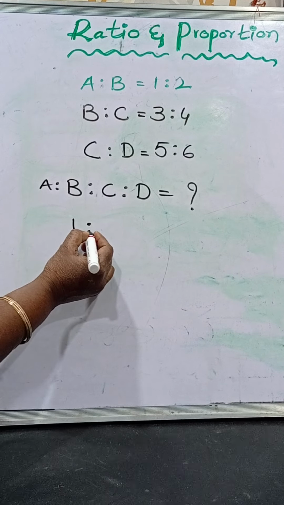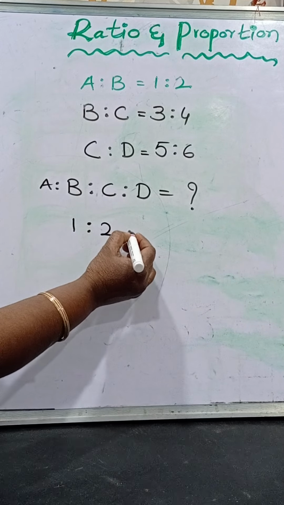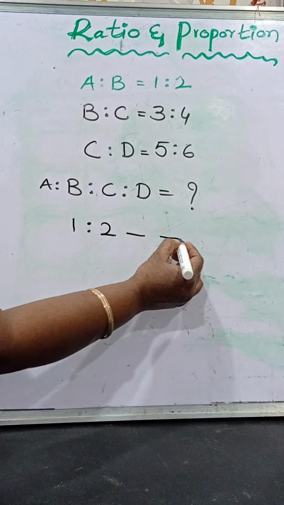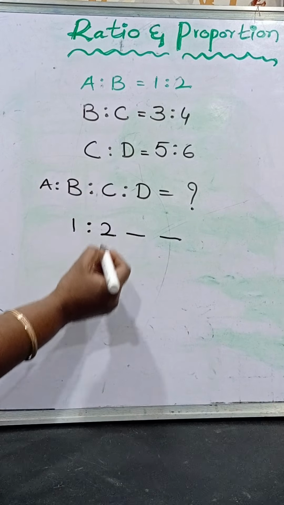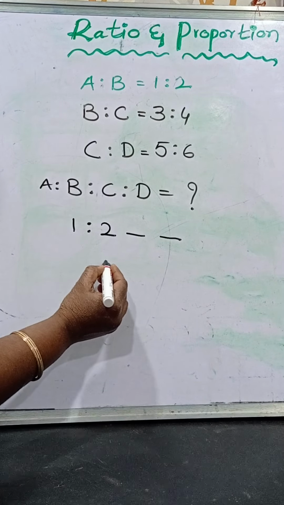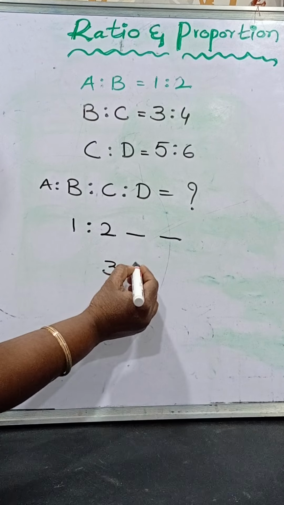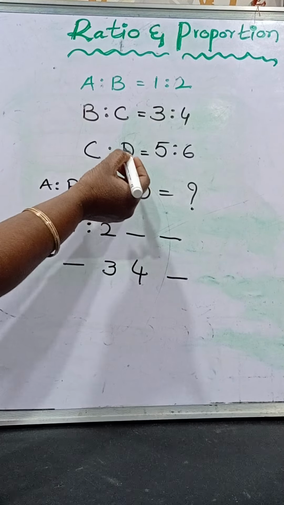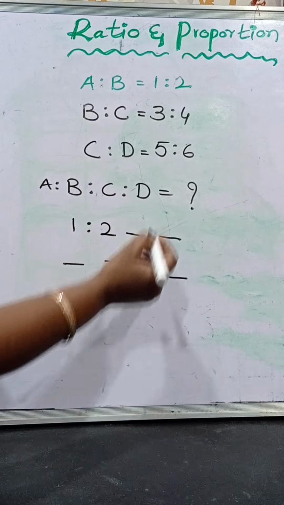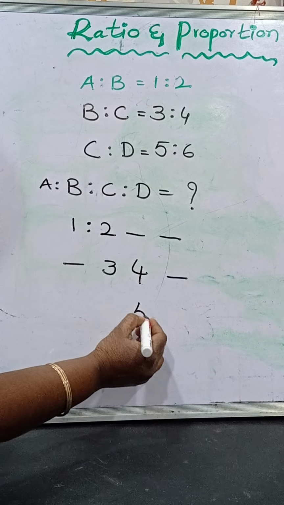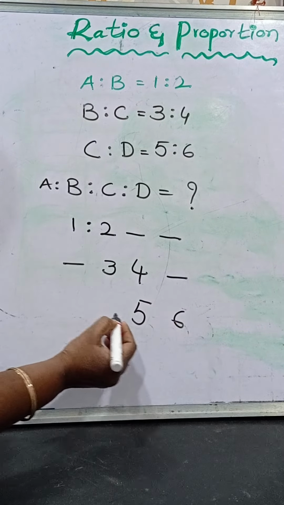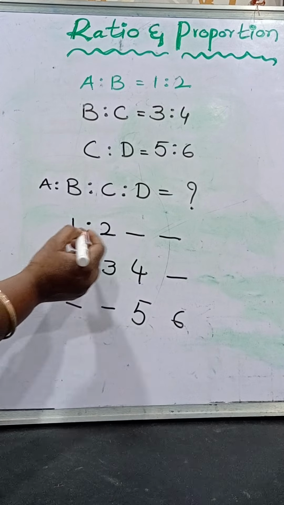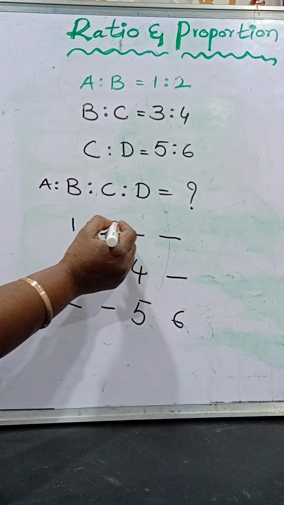is to 2, with a dash in the C place and a dash in the D place. B is to C is equal 3 is to 4, so dash dash. Here C is to D is equal 5 is to 6, so 5 is to 6. In these two columns, dashes. So 1 is to 2 means 2 after